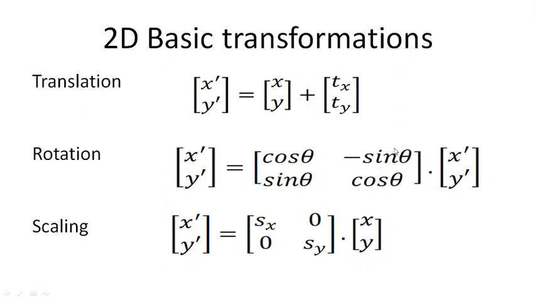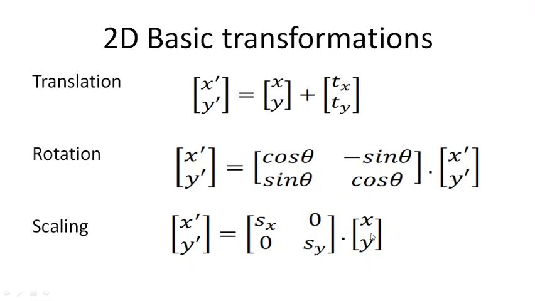Similarly, in case of rotation, this is the rotation matrix, and it is multiplied with the point matrix. And in case of scaling, it is a 2 by 2 matrix, and it is also multiplied with the point